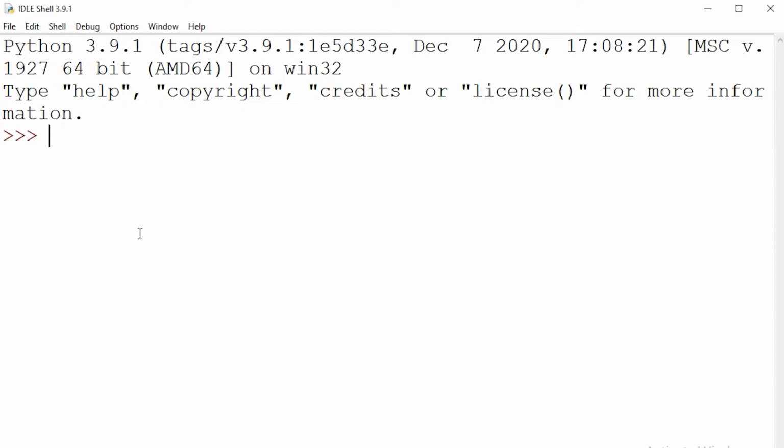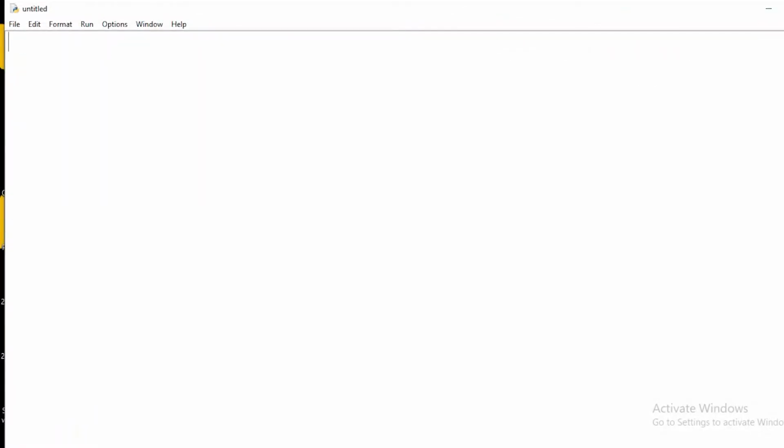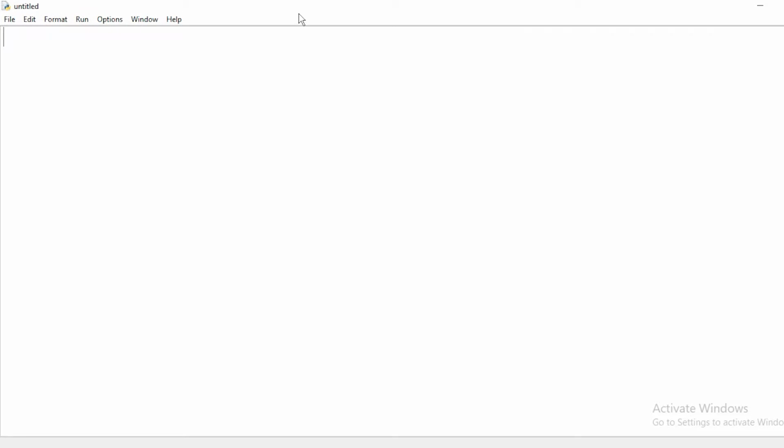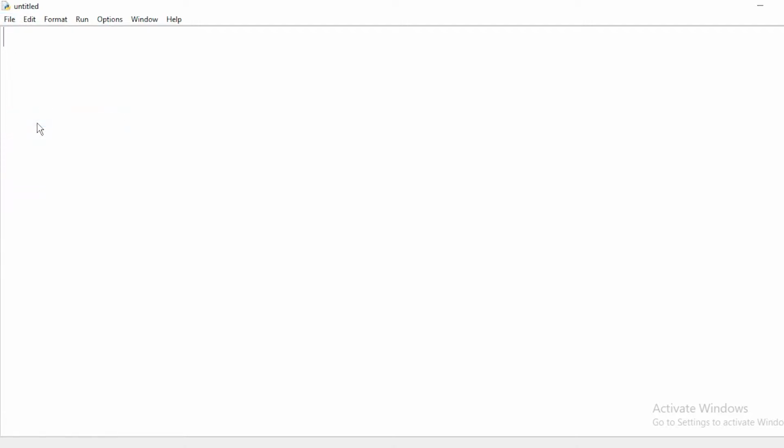To create a Python scripting file, go to the File menu, say New File, write your commands over here or write the programs over here, then say File, Save As.